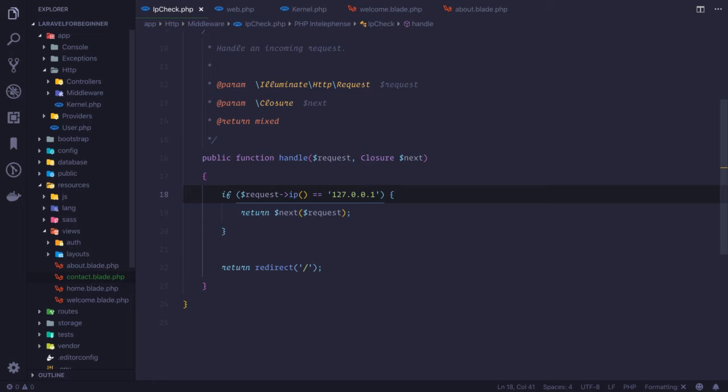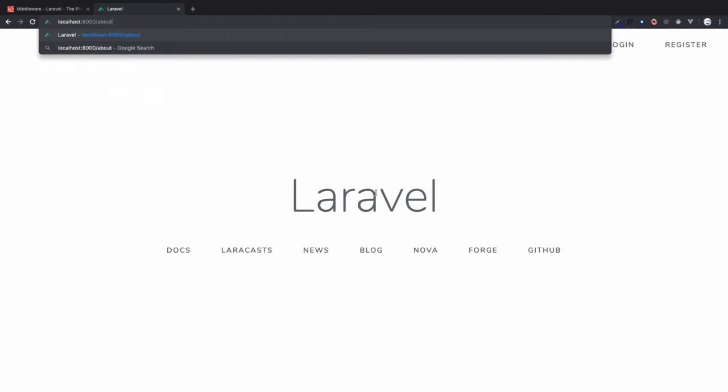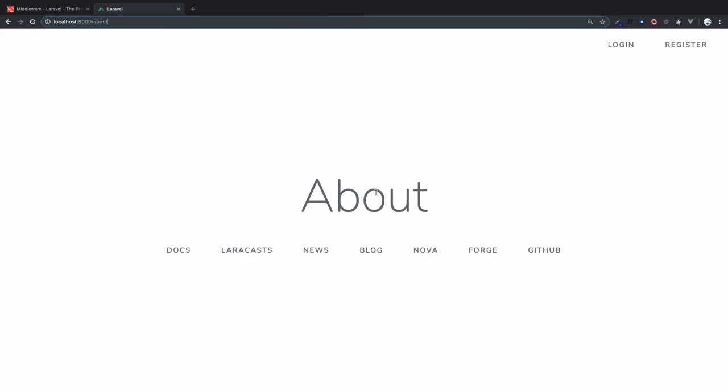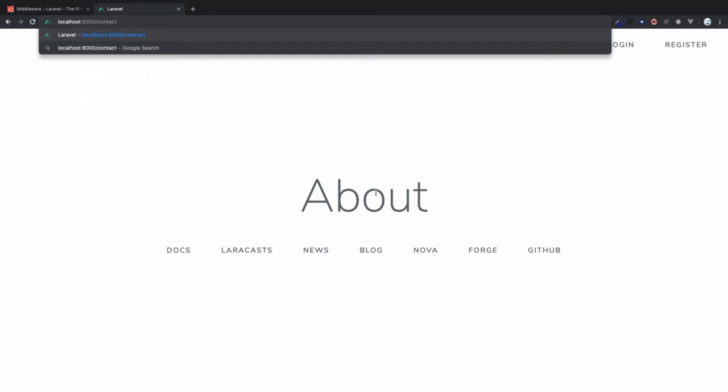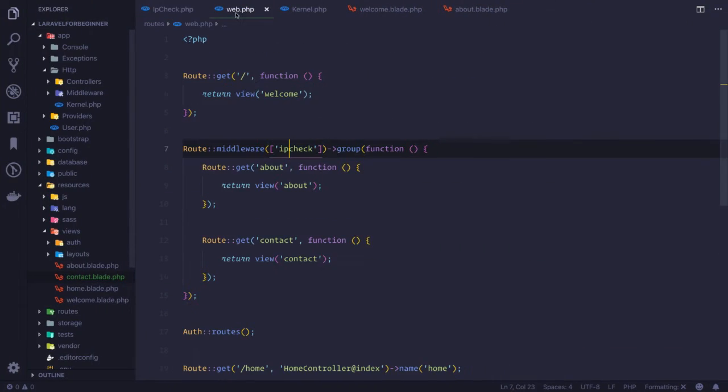Now I changed the IP address to 127.0.0.1, which is localhost. Now I can easily access my about page. Yes, you can see, and similarly the contact page also. And this is one way of applying middleware. Yes, we have seen that we can apply it directly, we can apply it in a group of middleware, but you can also have a middleware on the controller, just like on